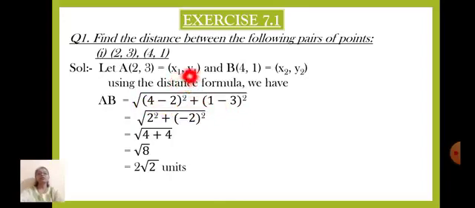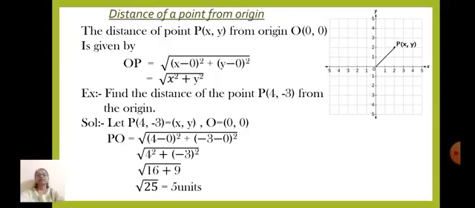So your x1, y1 is 2, 3 and x2, y2 is 4, 1. So accordingly you substitute the values, simplify it, and you will get the answer as square root of 8. You further simplify, you will get it as 2 root 2 units. Right. So this is a very straightforward sum. Now next,